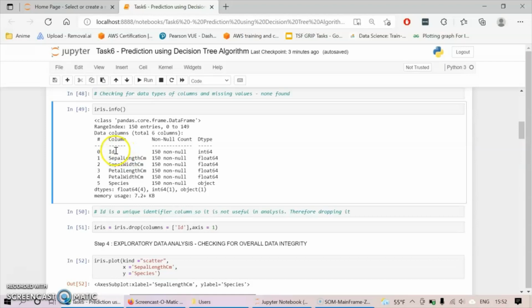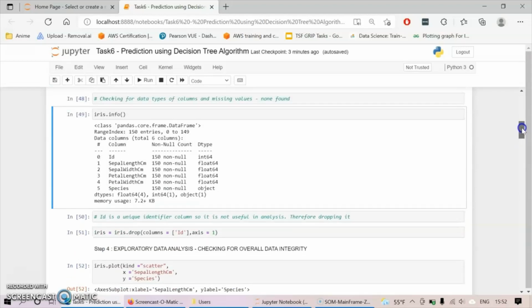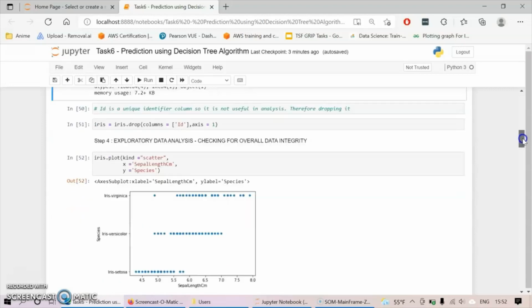What I did here is remove the ID column, because the ID column is just a reference to each and every row, so that will not be of great help in the analysis. So I drop the ID column.